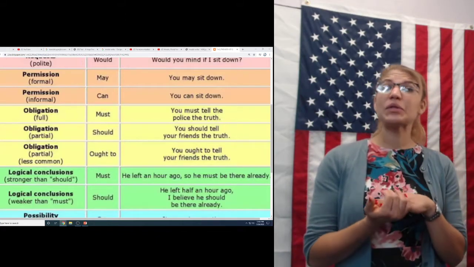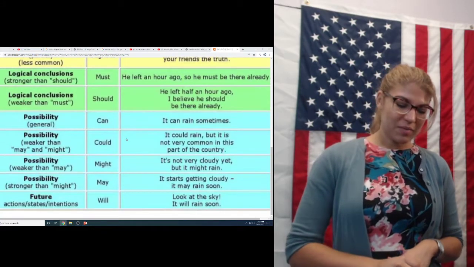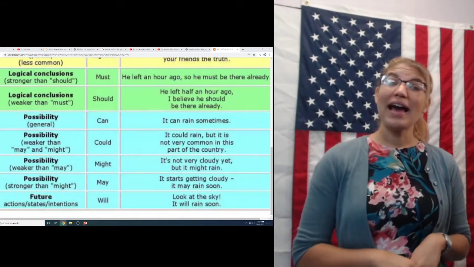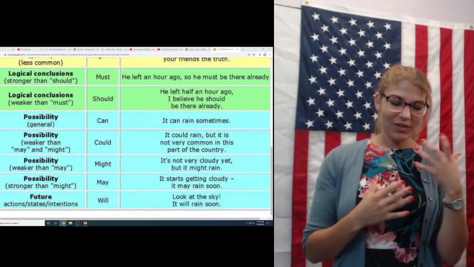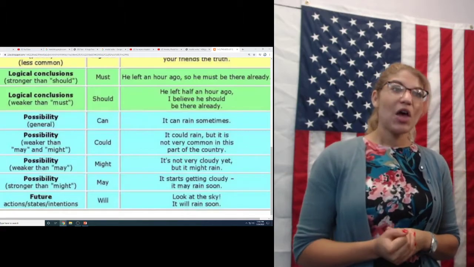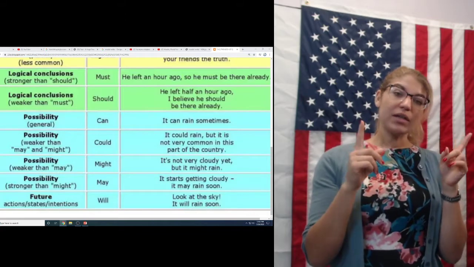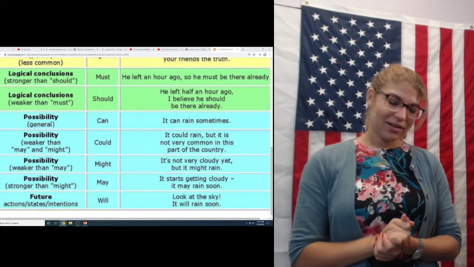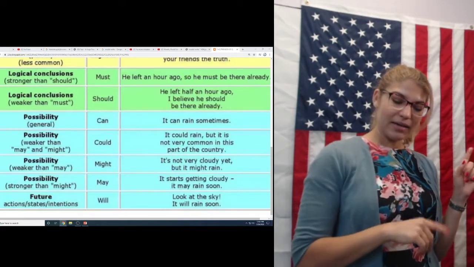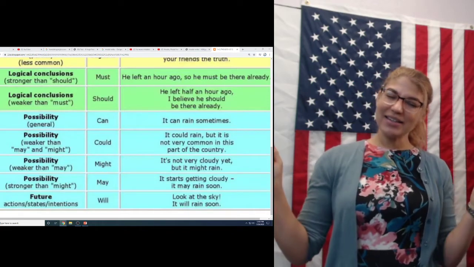Let's go down to our blue options when we talk about our possibilities. Now, you'll see we have a lot of auxiliary and modal verbs to talk about possibilities. We can use can for the present, could, especially if we're talking about the future or the past, might, because might, como podría.